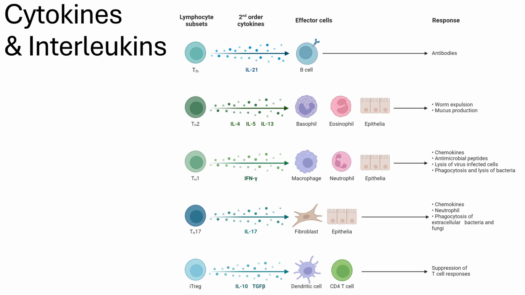These proteins can recruit more immune cells, like neutrophils, to leave the bloodstream and come to an infected area. Some interleukins tell neutrophils to stop their processes so that tissue repair can begin, kind of like regulating the immune response. This diagram shows you how these types of T cells in the left-hand column, they all secrete different types